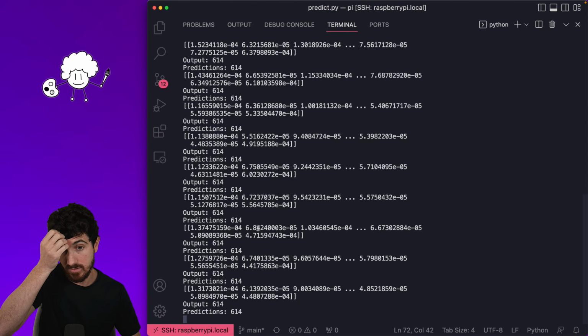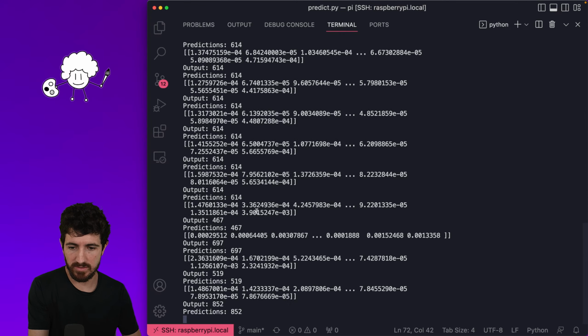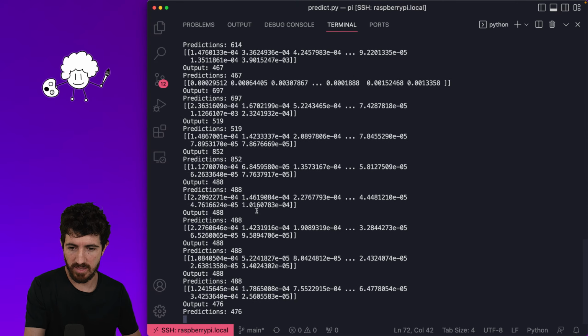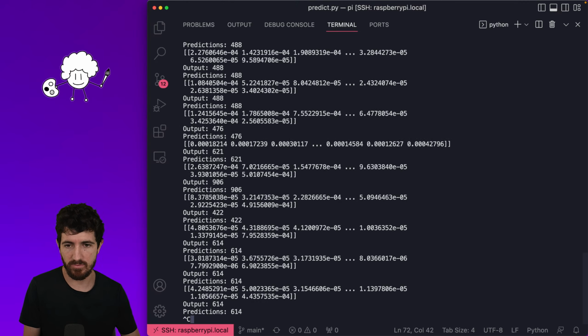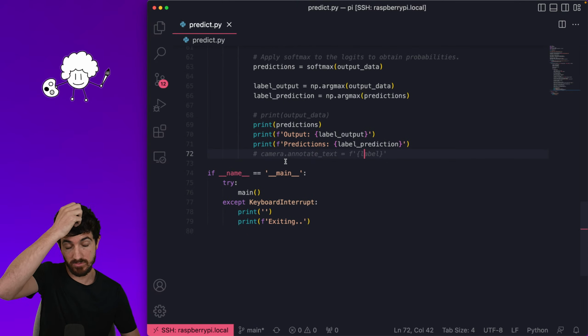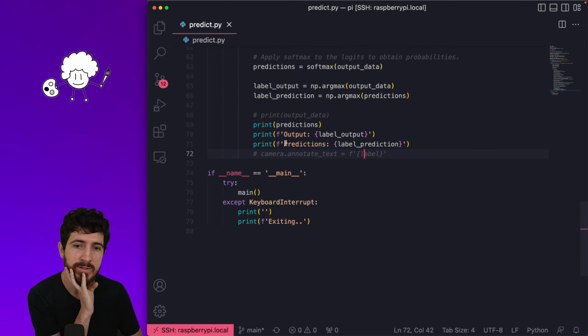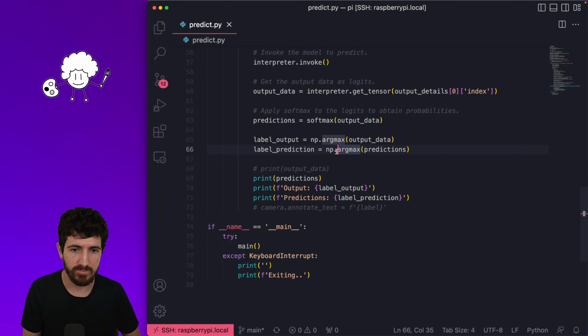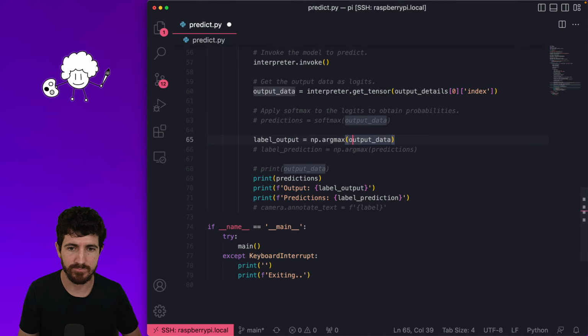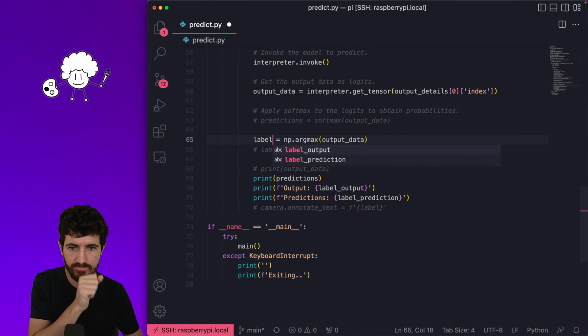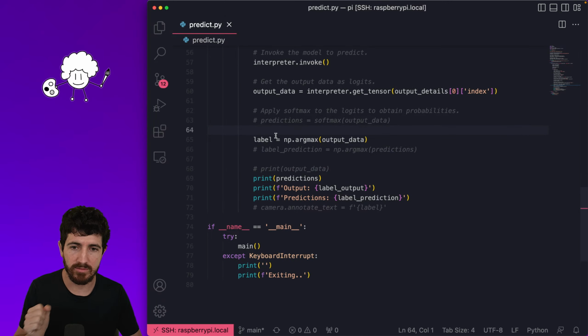Okay, so the prediction seems to be the same from both sides, even if we don't do the softmax operation to get the probabilities. So for now, we can forego the... excuse me. So we can leave